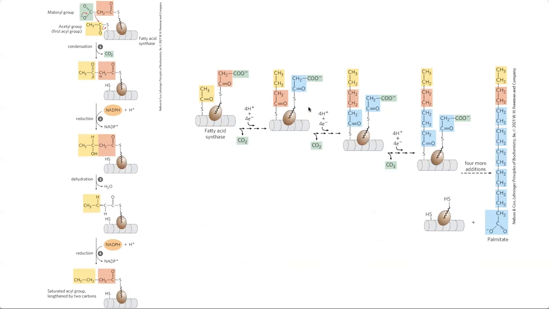But the incoming groups are bound to this acyl carrier protein and then moved over. And so you're building kind of from the bottom up. And the newest added ones are actually going to be closest to the carboxylic acid group when we go and cut this off. But going back to how it's attached, it's going to be attached through one of those